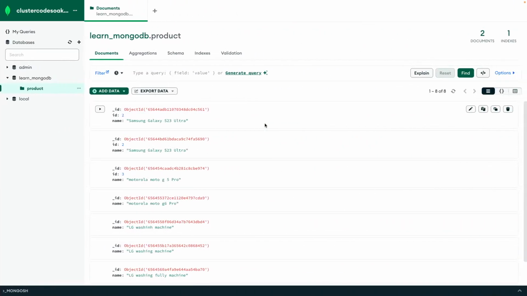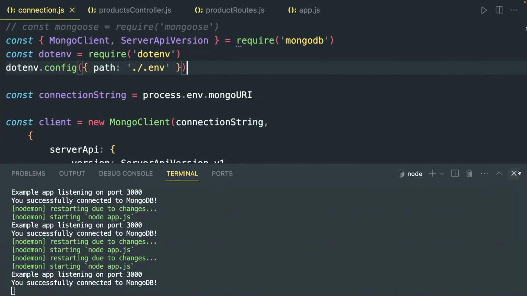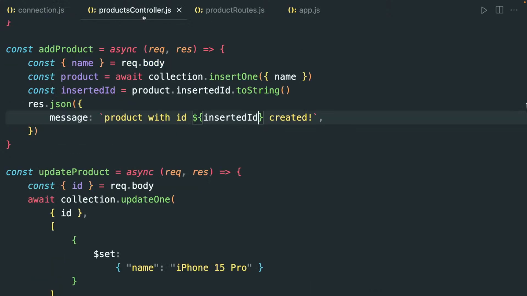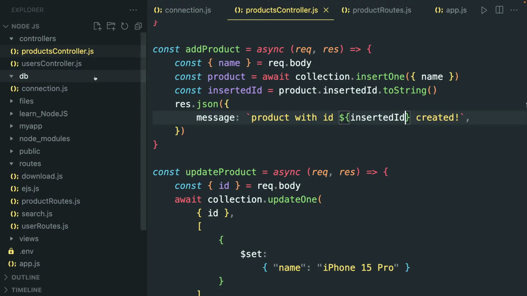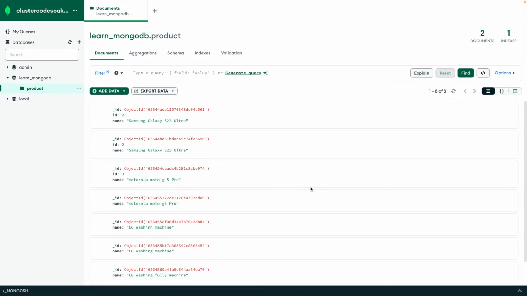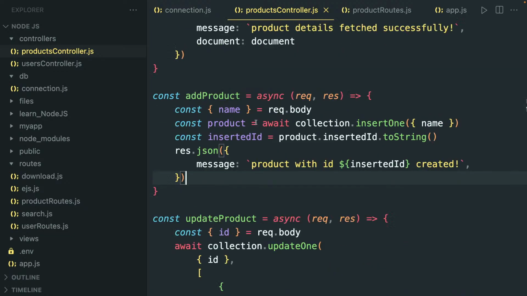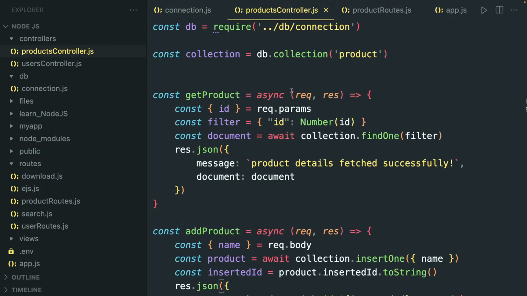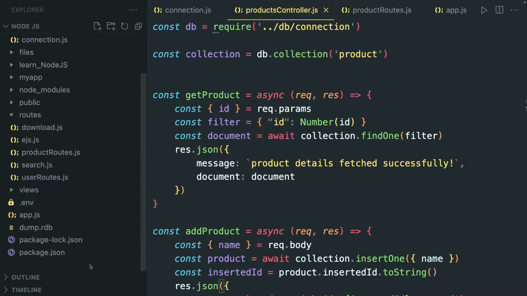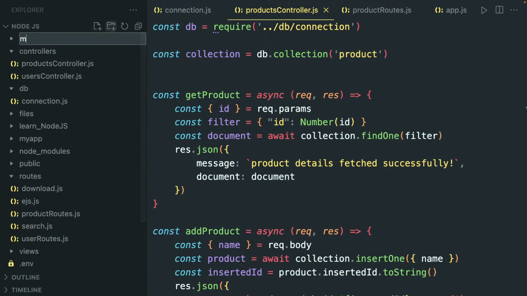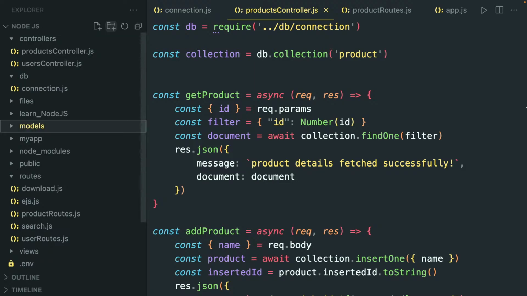Now we're going to use Mongoose to make the schemas for our documents. For the products controller, I am currently only filling the name field, right? So I want some more fields like name, price, or category. Let me create a new folder named model, right? So inside this,